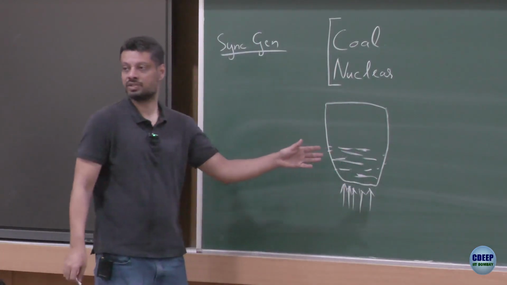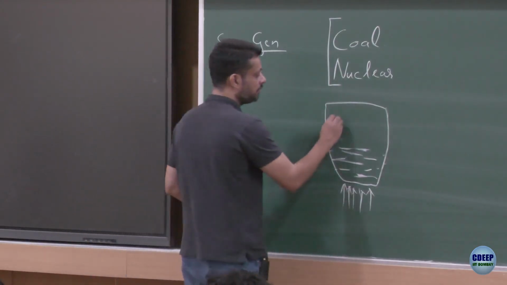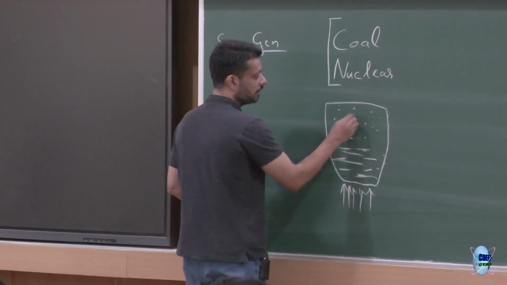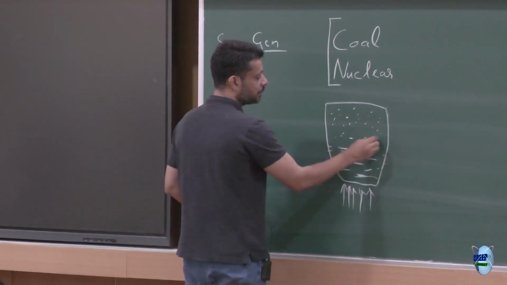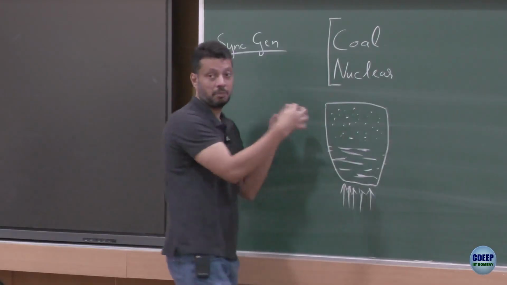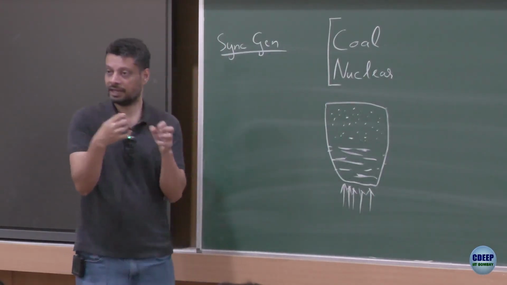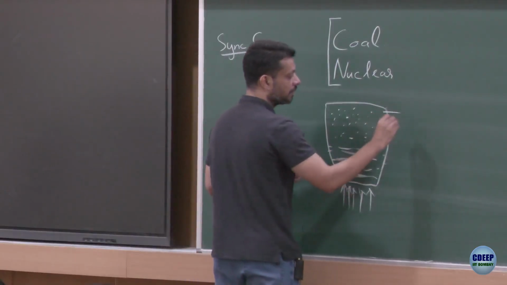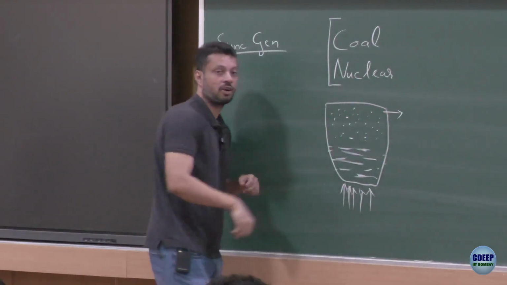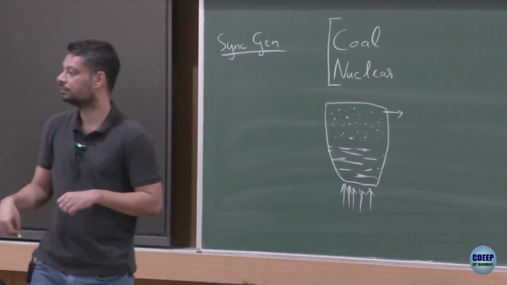This will convert into steam, this steam will fill the remaining part, and of course steam would expand. So, this would be at much higher pressure, and now if you make a small hole from here, the steam will come out from here with a lot of pressure, the way it does in